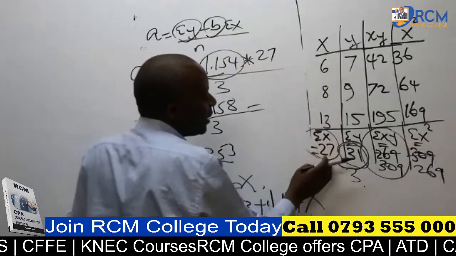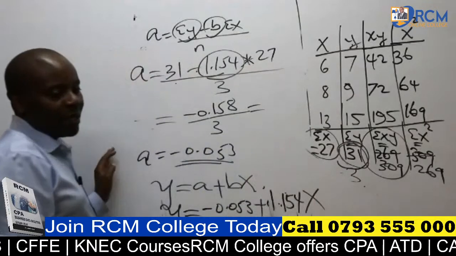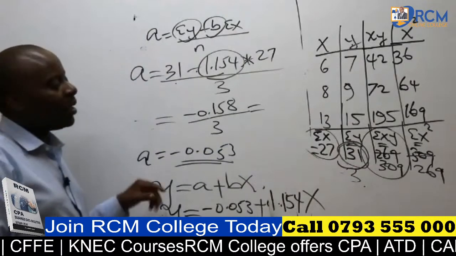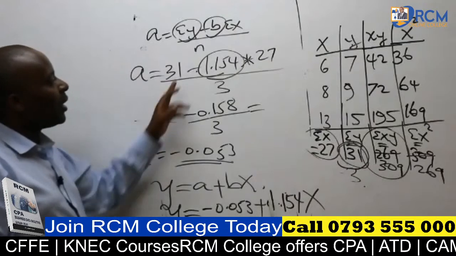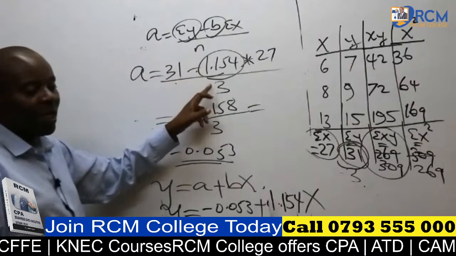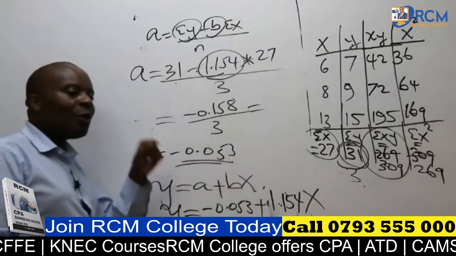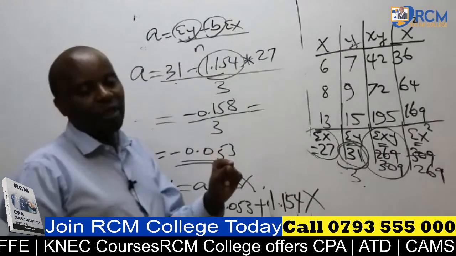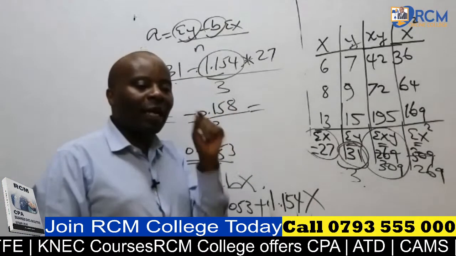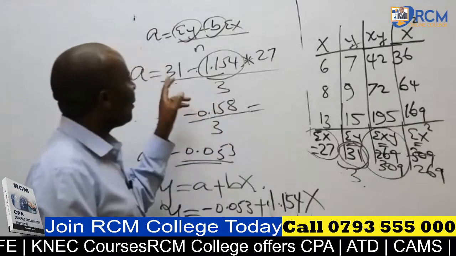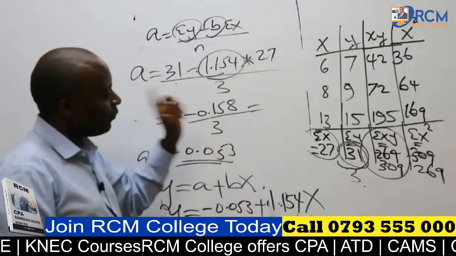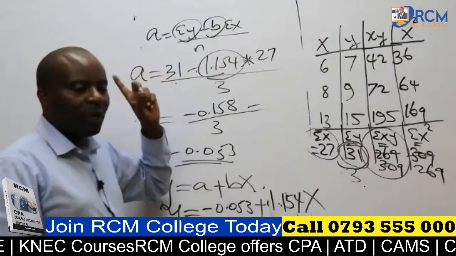Summations of X ni gani, somebody? Ni 27. Summation of X ni 27. Divide this by number of points, and how many of them are they? 3. Fatima, mali umekosea, haujatafuta numerator kando. Lazima utafute numerator kando na calculator yako. Numerator, useme 31 minus 1.154 times 27. Useme equals